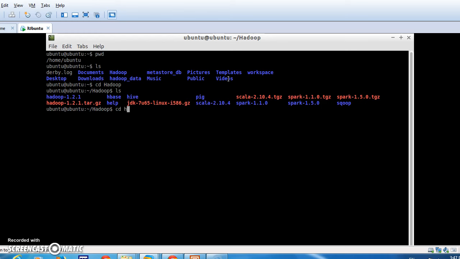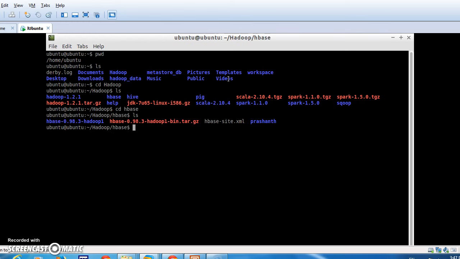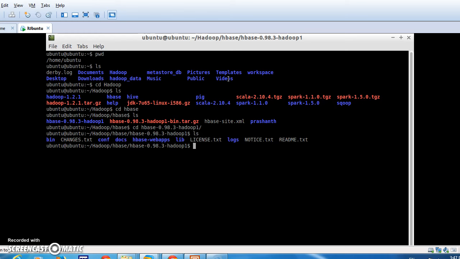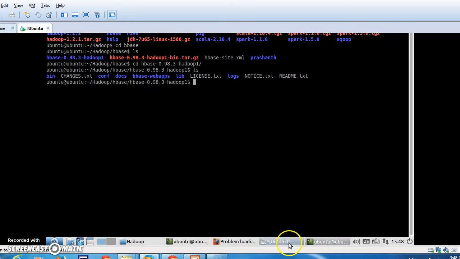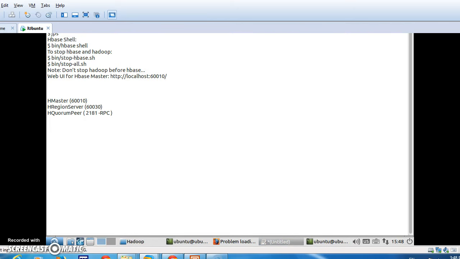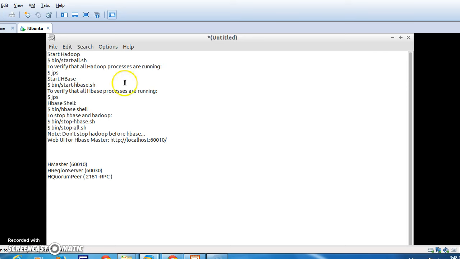So we have to go to the HBase directory. The HBase installation and setup are there, so we go to this folder. There is a bin folder, and we have to execute the commands under the bin directory. We have a set of commands available here, so I will go one by one.